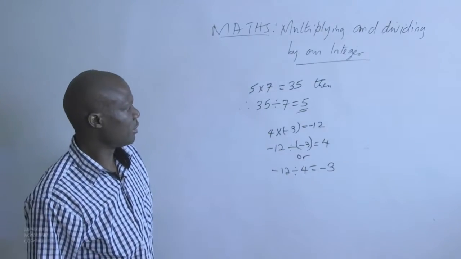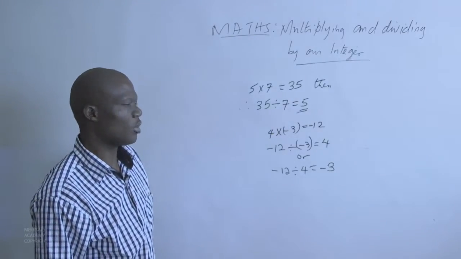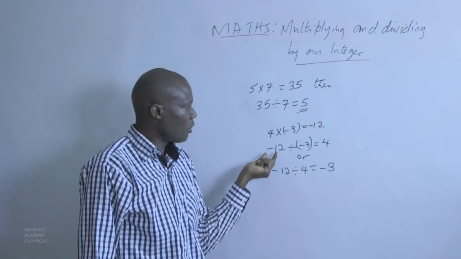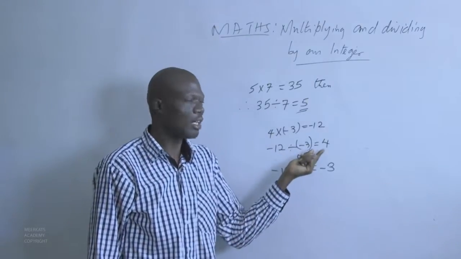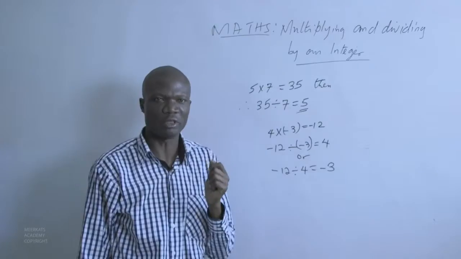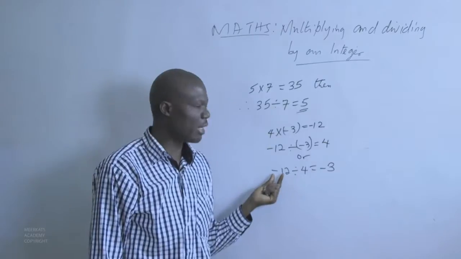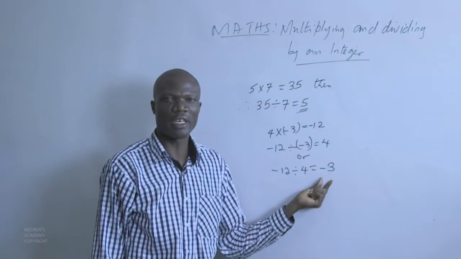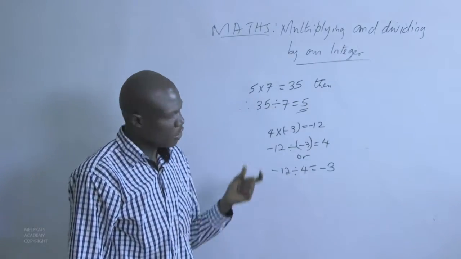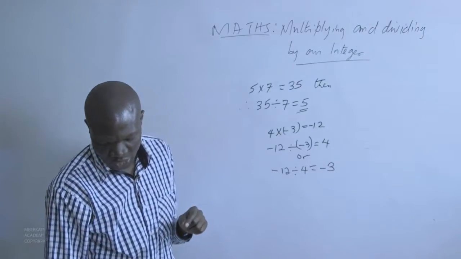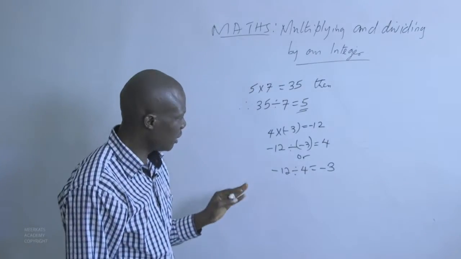Looking at this, you realize that when we were dividing or getting the quotient of two negative numbers, the result was positive. When we are getting the quotient of a negative number and a positive, the result is negative. So this can bring us to the rule that govern multiplication and division of integers,